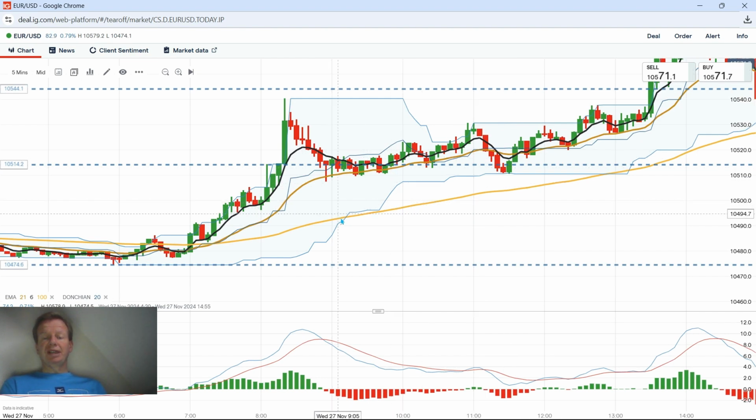What I wanted to show you was the indicators on here. So we've got the moving averages here. The low is the 100 EMA. That's a long-term moving average. We've got the brown one here, which is the 21 moving average, and the black line, which is the 6 moving average. So this gold one here, the 100 moving average, I don't use it a lot of the time